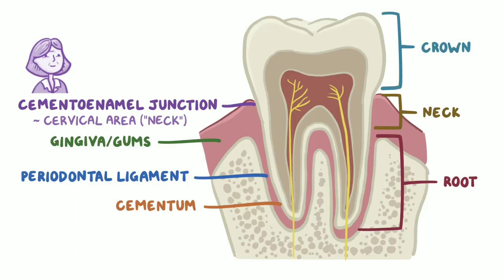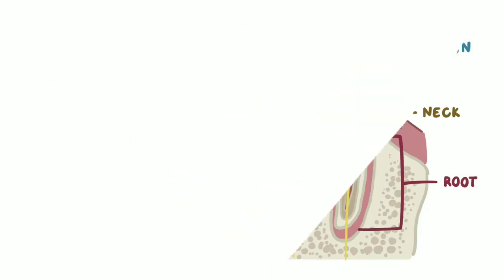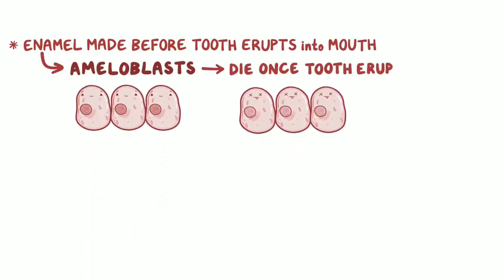The crown is the visible part of the tooth that protrudes from the gingiva, and it's covered in enamel, which has a high mineral content, and it's the hardest substance in the human body. Now, when teeth are developing, enamel is made before the tooth erupts into the mouth by a group of cells called the ameloblasts that die once the tooth erupts, so the tooth loses its ability to make more enamel